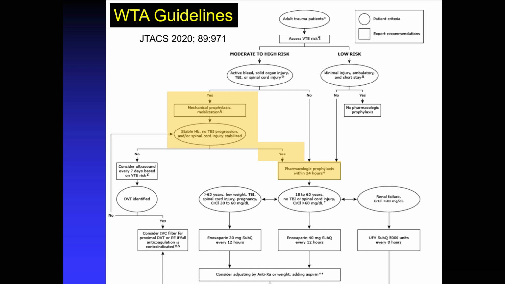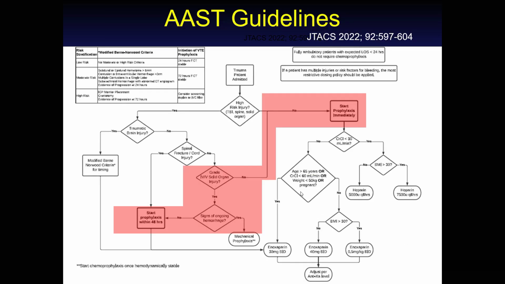So the guidelines are what they are, but personally, and looking at the primary literature behind it, I would argue more for a modification of the AAST approach where you wait and make sure that the patient has been stable for 24 hours, not just hemodynamically, but also from a hemoglobin standpoint, from a urine output standpoint, etc. And then for lower grade injuries, start prophylaxis at that point, maybe even with follow-up cross-sectional imaging to assure that there's no development of pseudoaneurysm, that there's no blush, there's no ongoing significant bleeding.